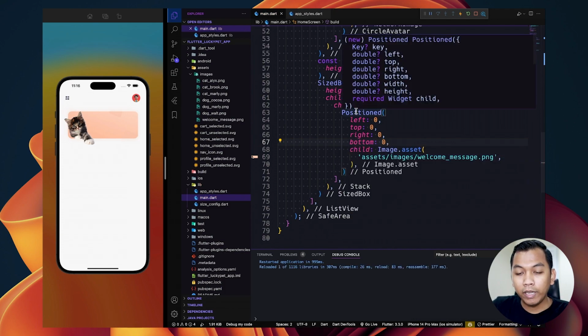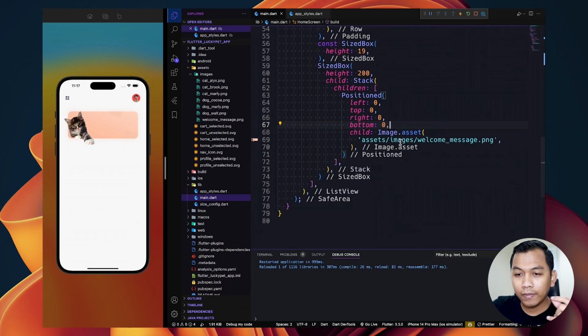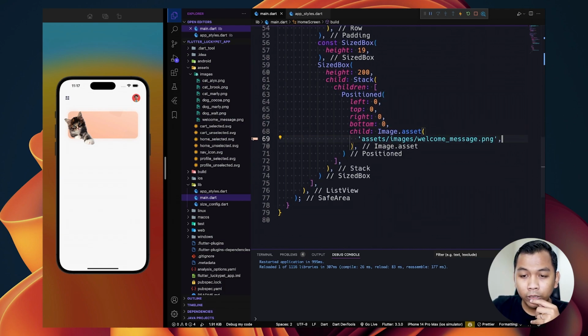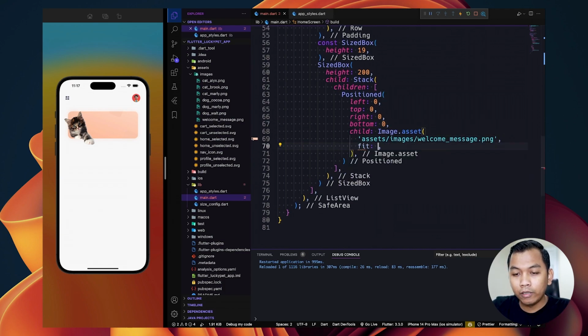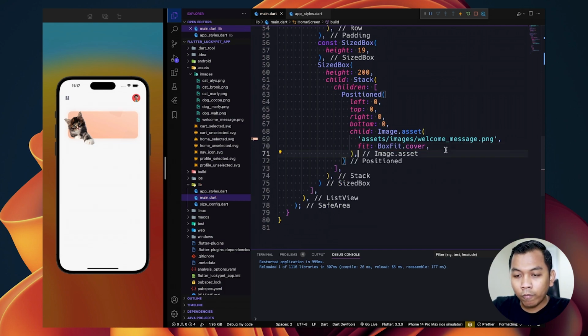Now our image will be in the center. And we need to make sure our image will be box width dot cover. Look like this.